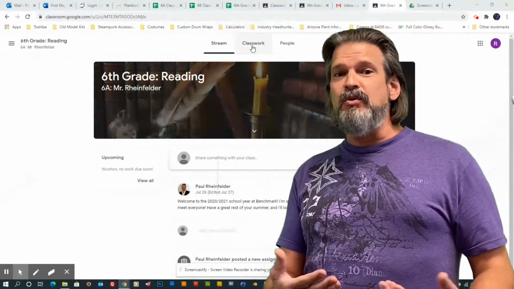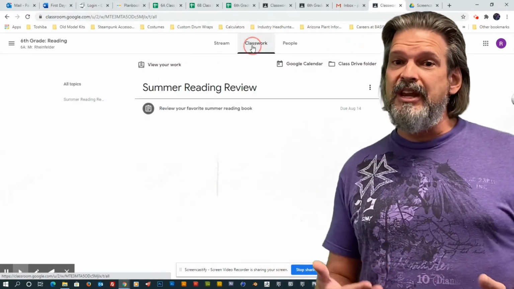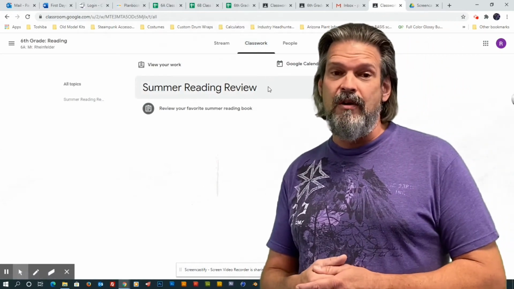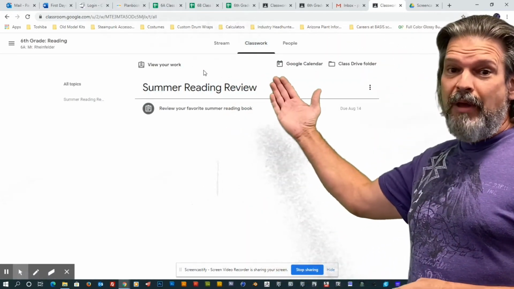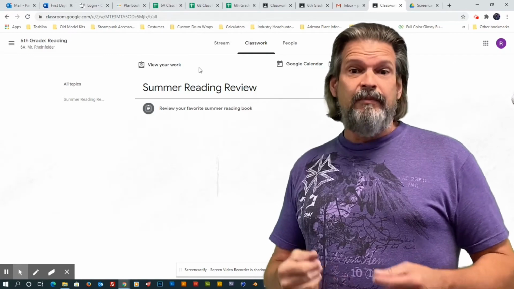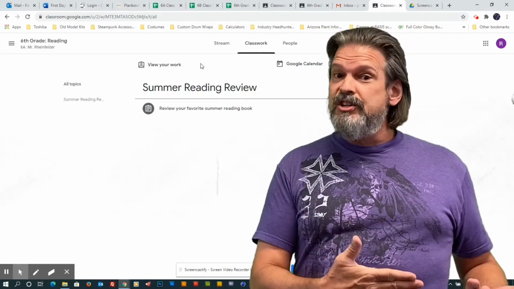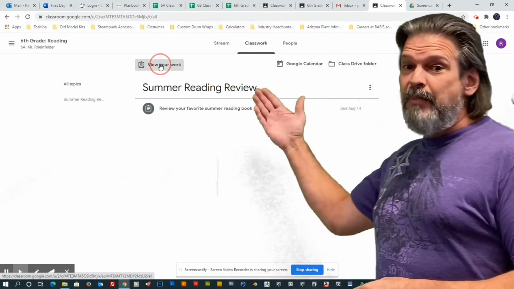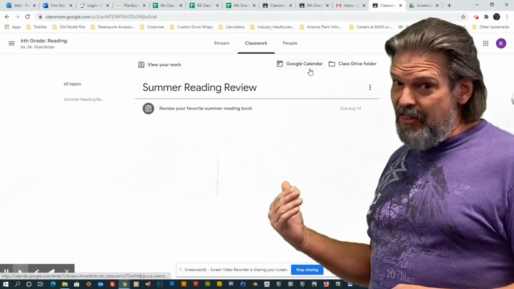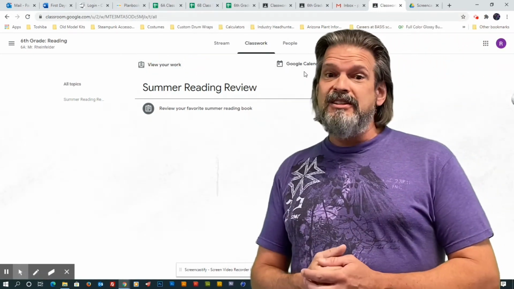Navigating the Classwork page, students will find posts from the teacher found in chronological order. At the top of the Classwork page, a student can view their work. This will list assignments, whether they are graded, completed, or still due. The top of this page also has the student's calendar and a drive folder to access documents that can be